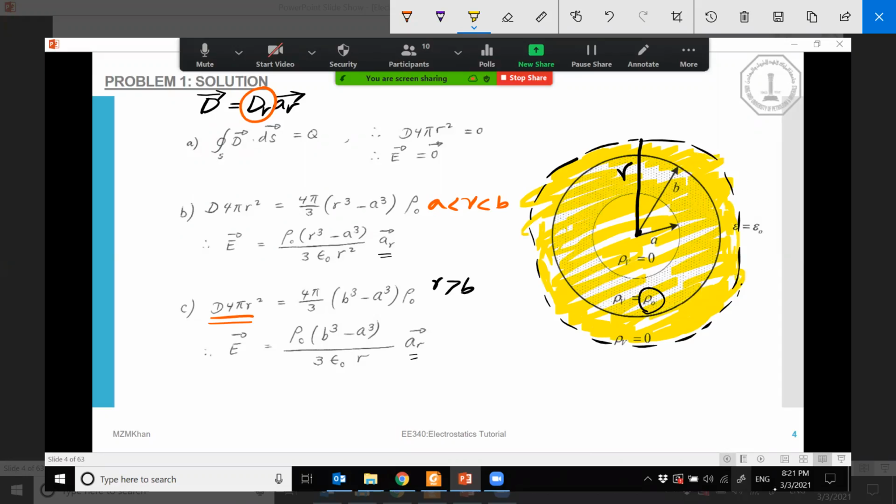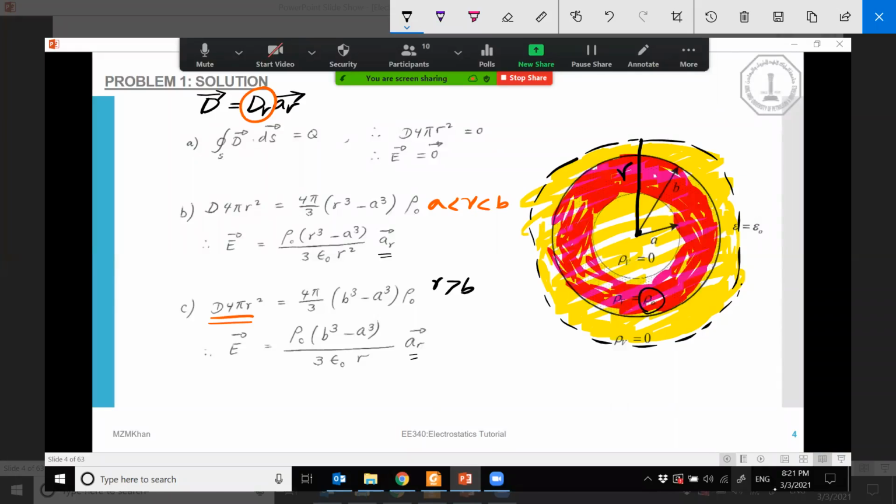As we know, out of this region, only this region has the charge. So how do we find this charge enclosed? Again, the same idea that I told you for the